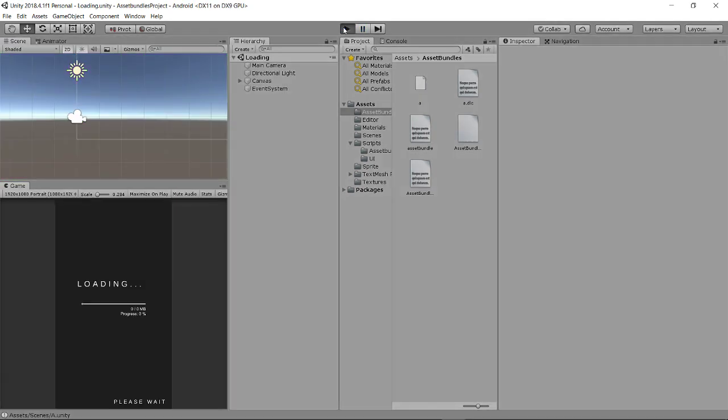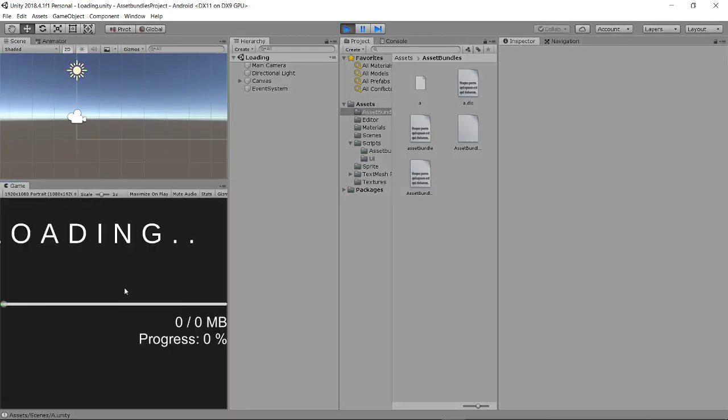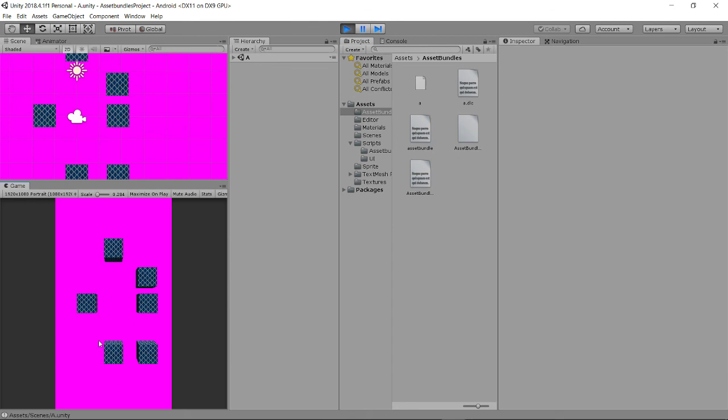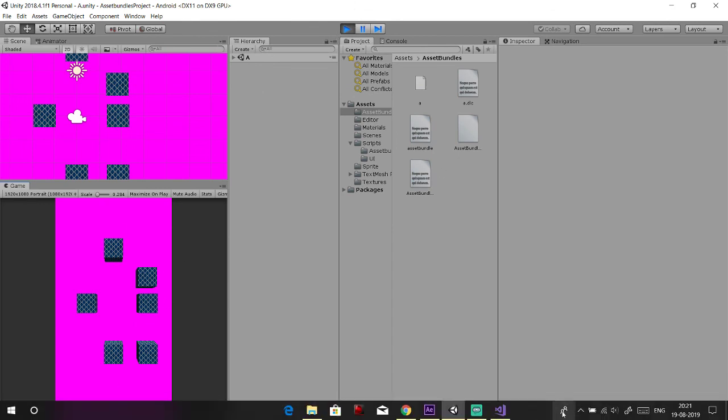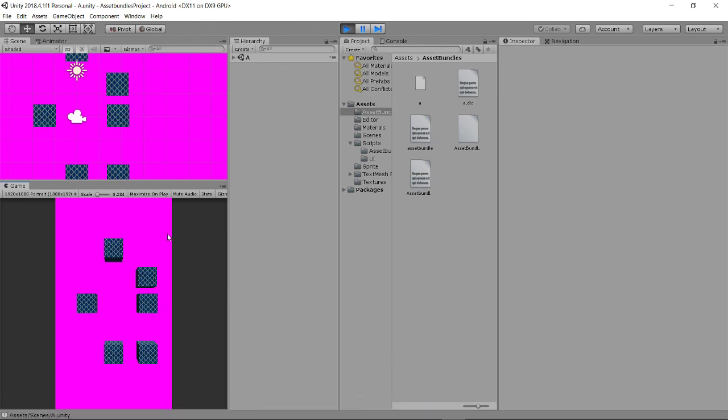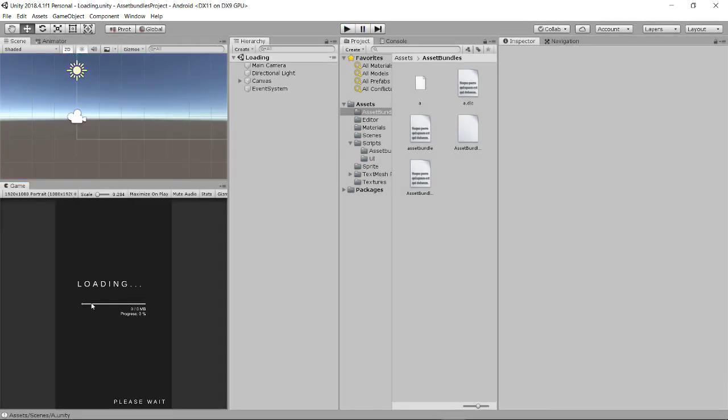And again, if I try to play it, it will directly load because it is cached, and also the internet is there, so it knows that the CRC is matching, otherwise it will tell to connect to the internet. So that's it. If there's some problem, you can ask me.